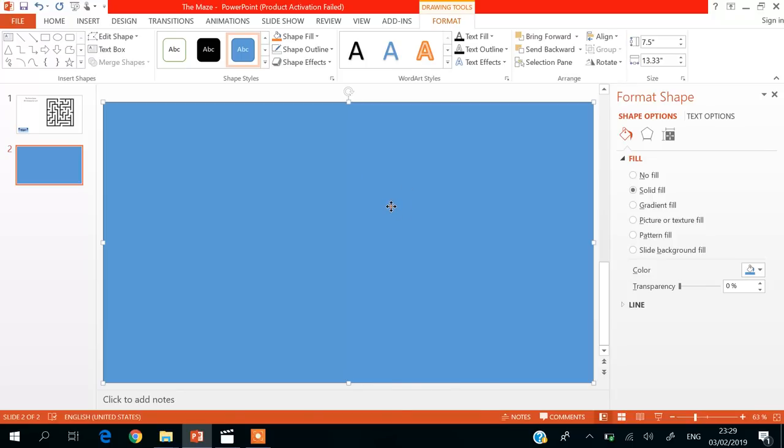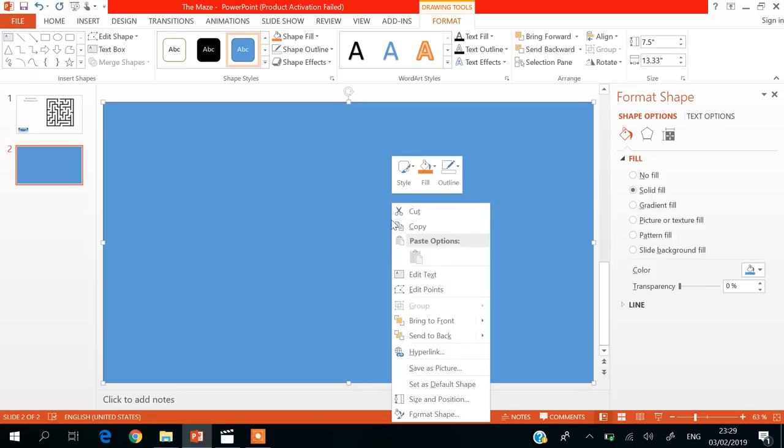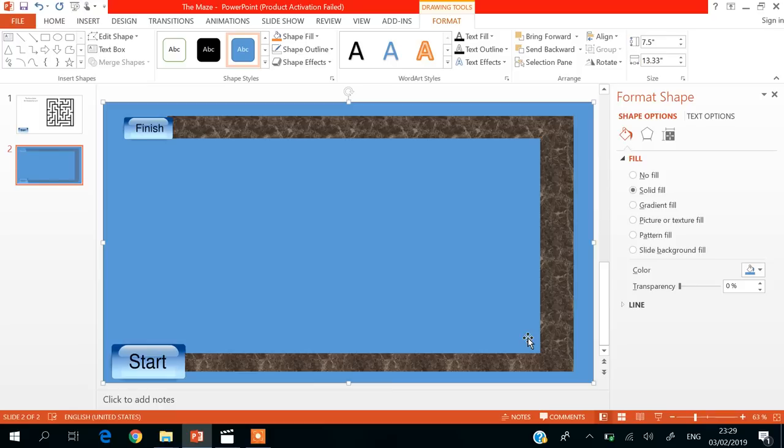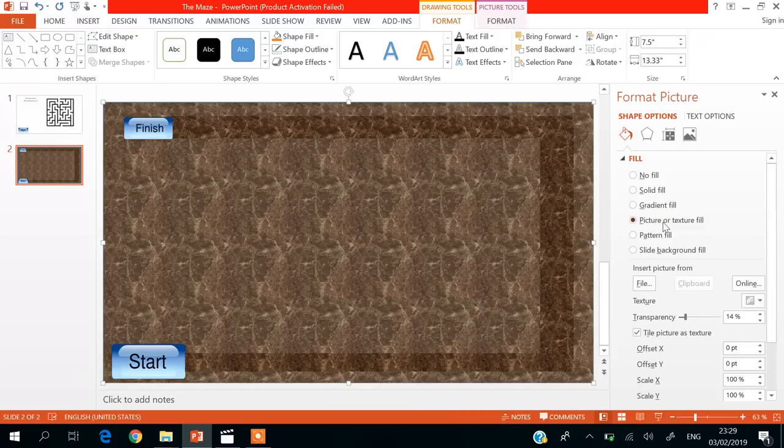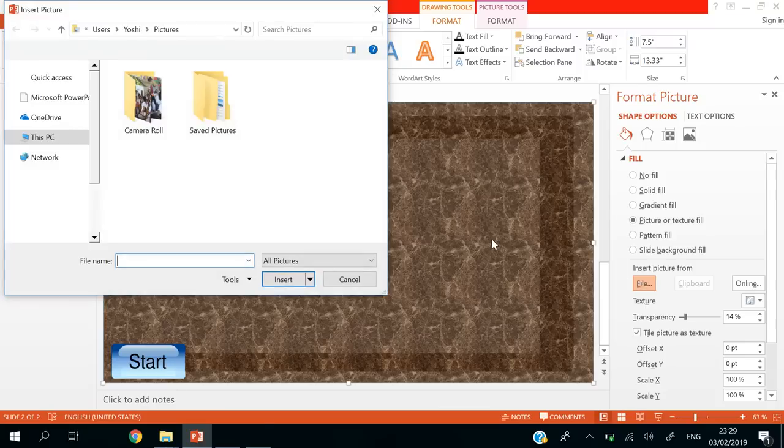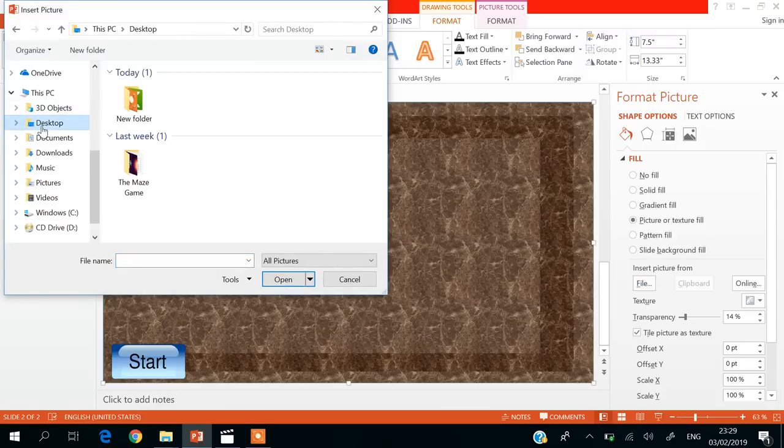Then I'm going to right click. Once I right click, I will send it to the back. Okay, send to back, and it's going to be on the background. So now the picture is still selected. Okay, it's still selected. Then I will go to where it says picture or texture fill. Once I select that, then I can select my file to add my picture. So I'm going to find my folder. You have to locate it,